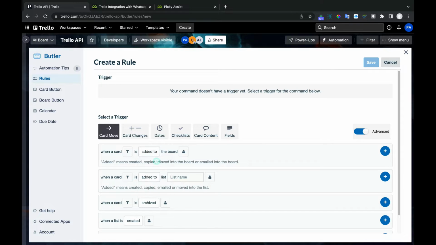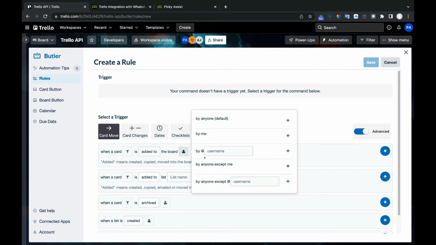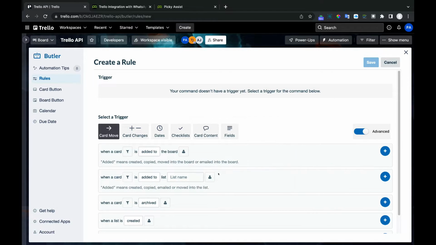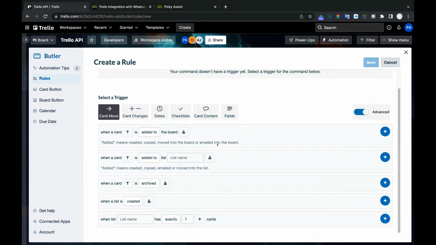When a card is added to the board, you have the board specified, and more advanced features available here, like if the card is created by only a specific user, then only this specific rule is triggered. A lot of combinations you can try. Right now we will use only when a card is added to the board.